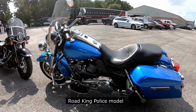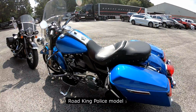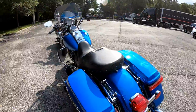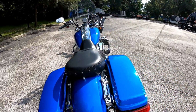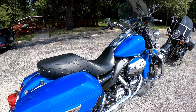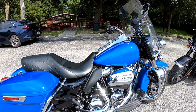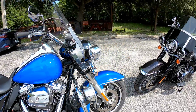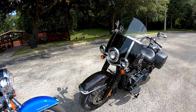That's for the Heritage. Now the Road King is $19,500 plus, again, freight. I think the surcharge on that is 400 bucks, and the freight is another $400. And the same thing, they're going to charge you whatever fee they feel like. It's a free market. They can do what they want. You have a choice, of course, of going someplace else. So pretty close in price, within $500, but I think you get more for your money with the Road King,